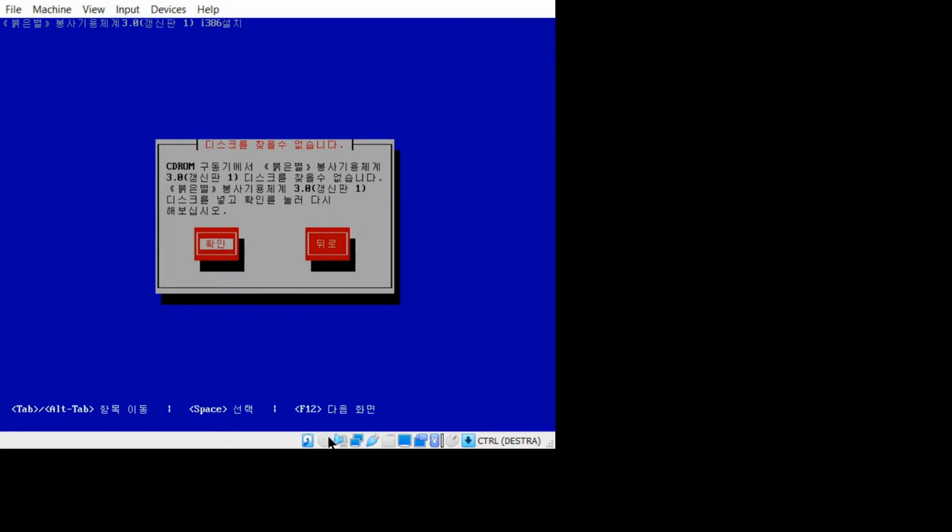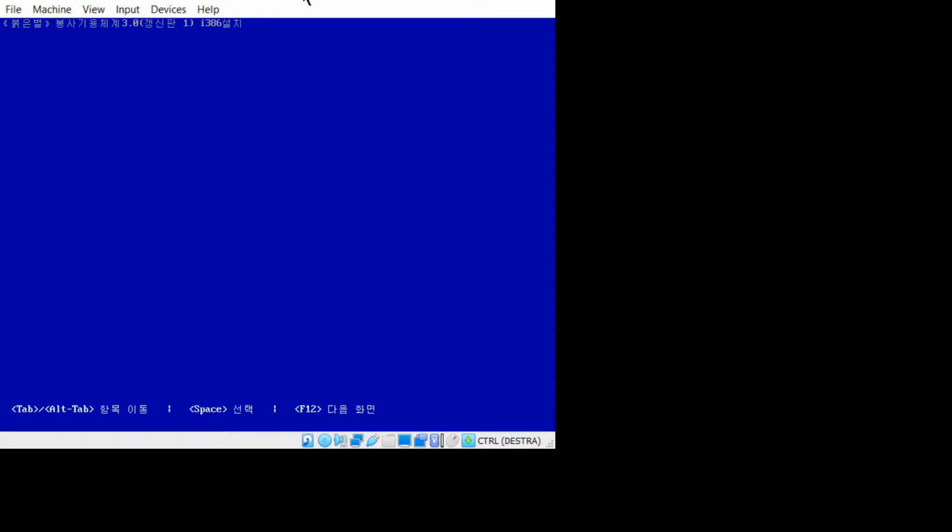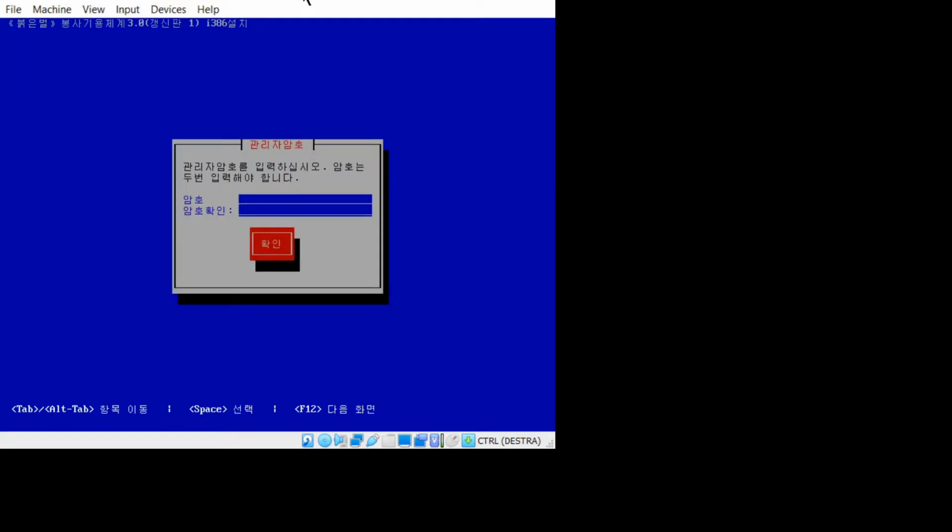We will need to enter the second CD-ROM, the biggest file, and click the button on the left again. It will ask for a password.